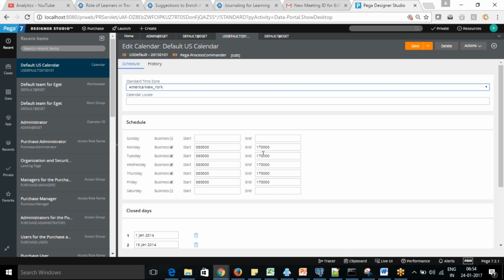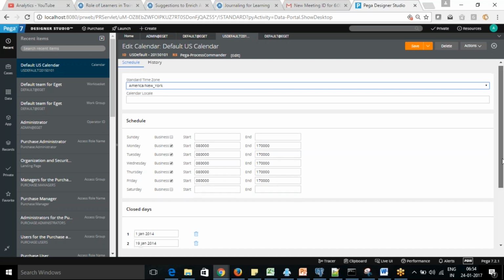Based on that, we need to calculate SLAs. When you are designing the work in Pega, because this is a workflow, we design SLAs. So based on that, we need to take the schedule into account as well. If one person is not there, for example if you are assigning at 6 o'clock, out of office hours, we should not calculate that it has started. Okay. So that will be counted from the next day morning.